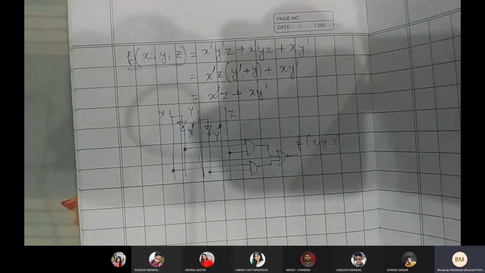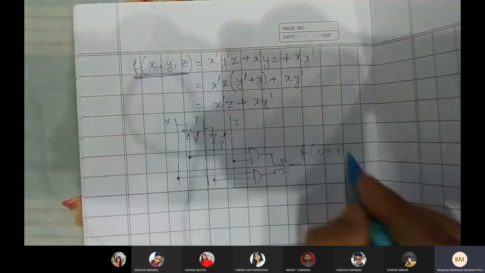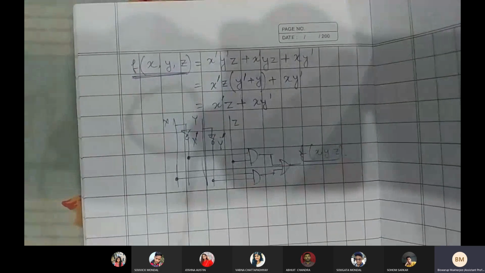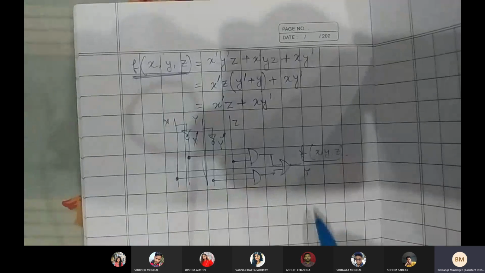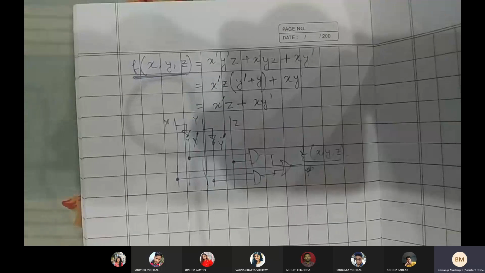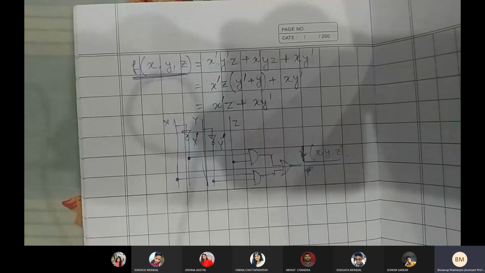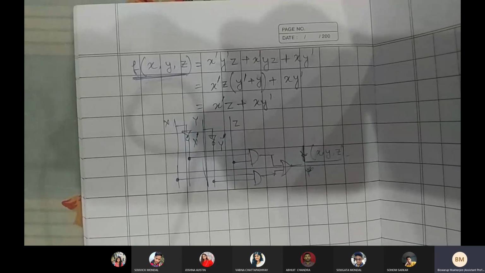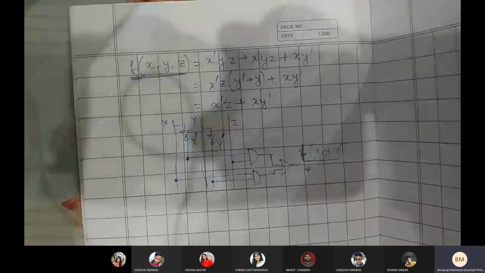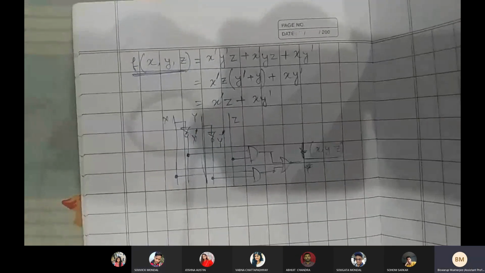Make sure that if the function is given like this, f x y z, you should write it down as it is. Do not write y right over here, because y has not been given to you. It is actually f. F is the function which has been given to you. So try to maintain those nomenclatures. Am I clear on this, so that we can proceed to the next step? Am I clear? Yes, sir. Any query up to this?